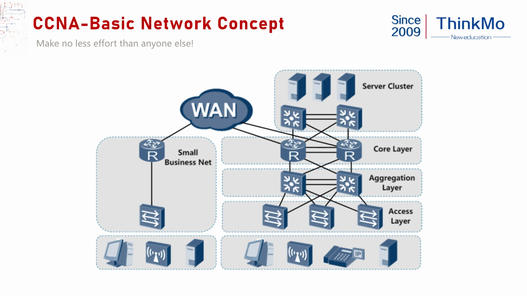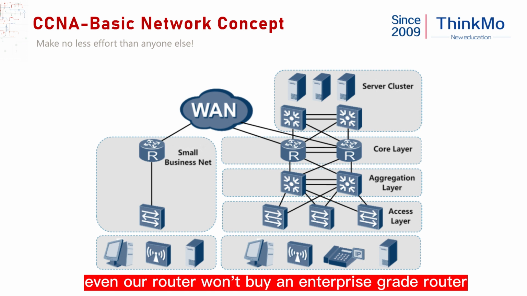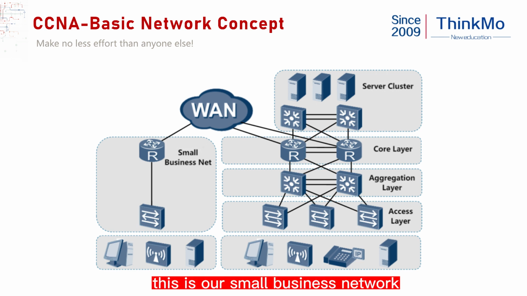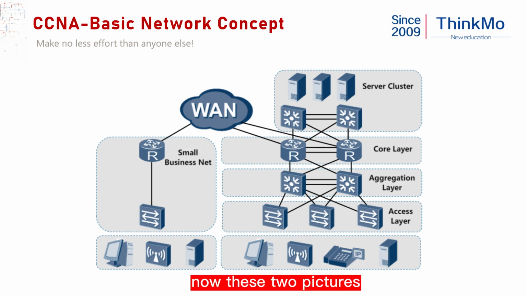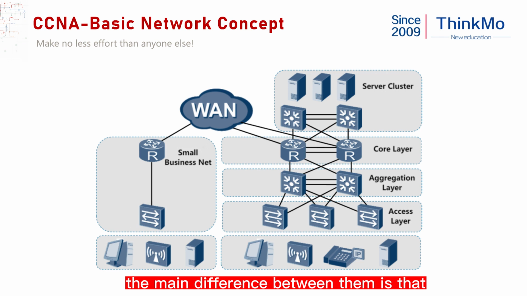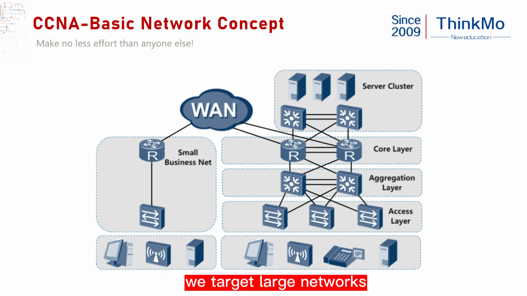Terminals are connected through a switch, with the export going to a router. Generally speaking, even our router won't be an enterprise-grade router, but an integrated, high-performance router. This is our small business network. Everyone can see these two pictures now. What is the main difference? Small on the left. On the right is a medium to large network. The main difference is that for large networks,